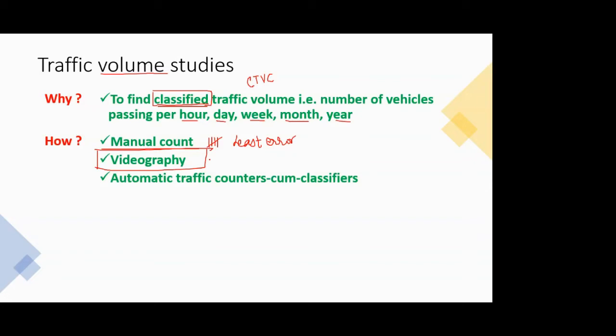In this case, the error factor is controlled because you are recording everything, so no vehicle will skip. But the analysis is tedious, because you have to make people sit, and again the human factors come into the picture. They will watch the video and go on counting, the manual way. But now they don't have running vehicles in front of them. They can watch the video at their own pace, slow it down and then count. So the error factor is controlled, but the work factor is still the same.